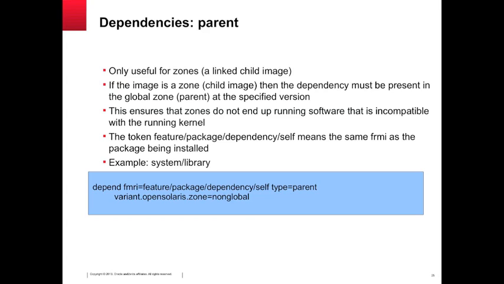The important bit is the self bit. The rest of it is just a naming hierarchy we have there. So essentially, all the packages that we have with this make sure that they will stay in sync with what's in the global zone. There are packages that don't have this, for example, the Java ones. We don't care what version of Java is running in the global zone and what version is in the non-global zone, independently update